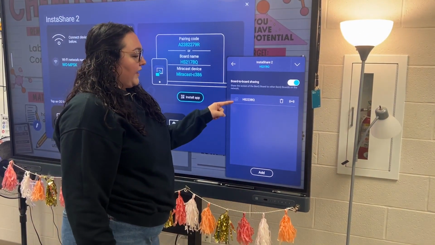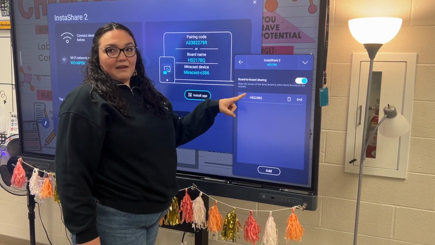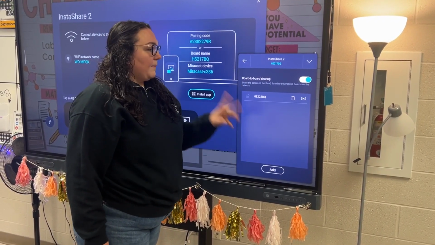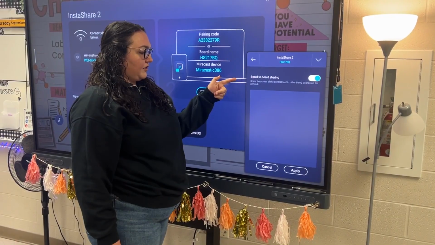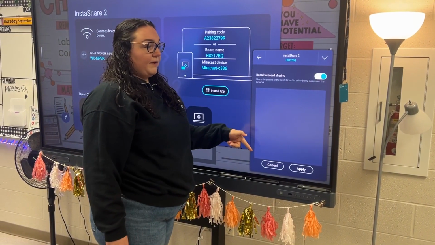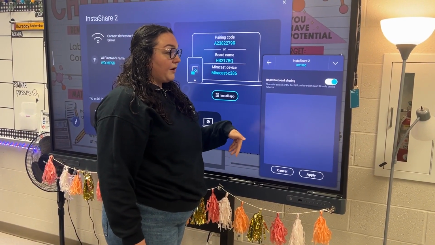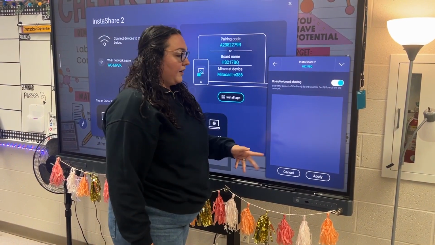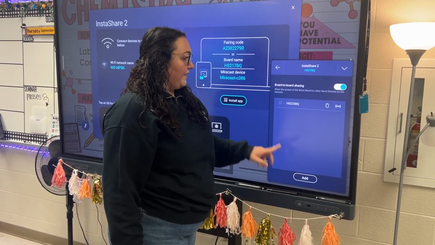And you should notice I've already connected to my other board, so it pops up here. This is the name of my BenQ board too, but if it was not showing up, I would click add, and then give it a second and it will show up. Other BenQ boards will show up for their number, and it's usually by your room number. So then you would click on it and you would press apply, and then that's how you would get to